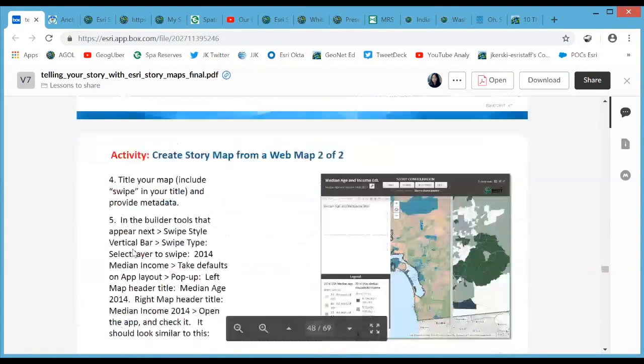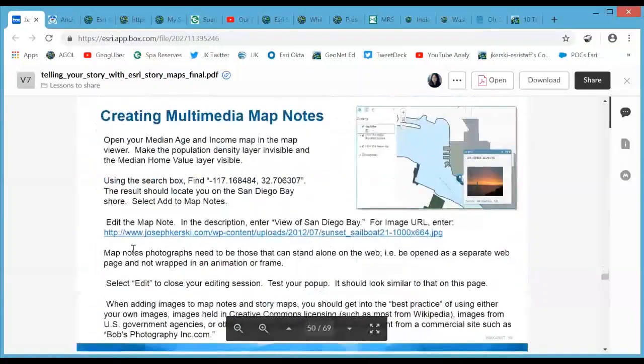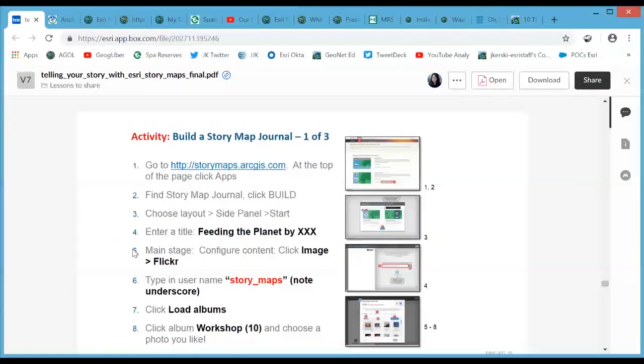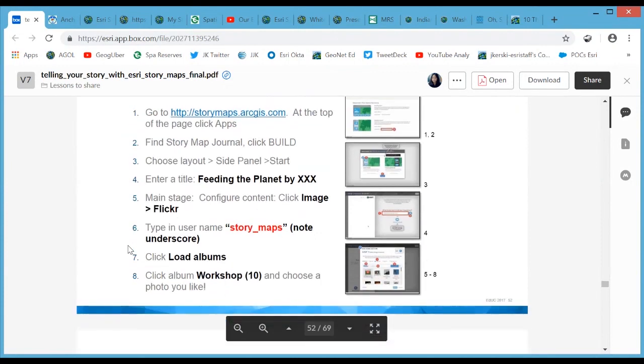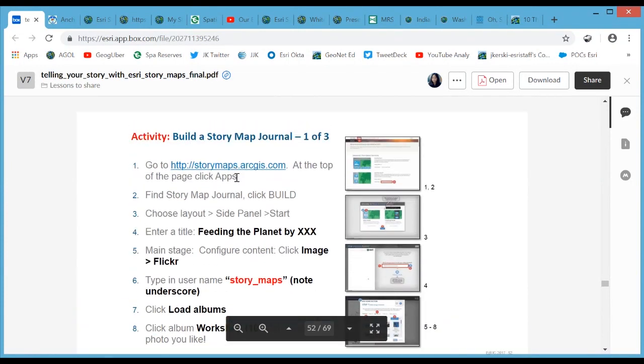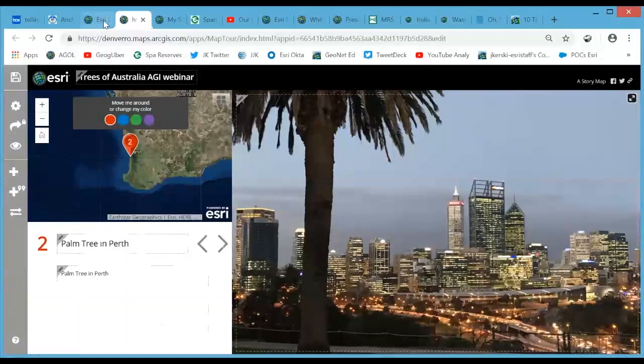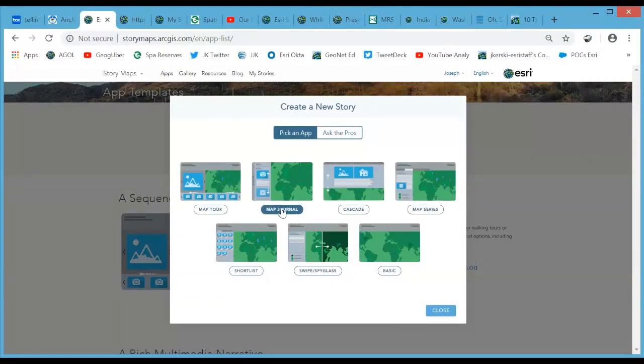I'm going to go ahead and skip down a little bit and make a story map journal. This is more powerful. So right now I'm going to go to storymaps.arcgis.com, and guess what? It's the same place we went to before. We're going to go to apps. Now the journal is more powerful than a map tour, and that's why we're going to use it. So now I'm going to go to map journal,